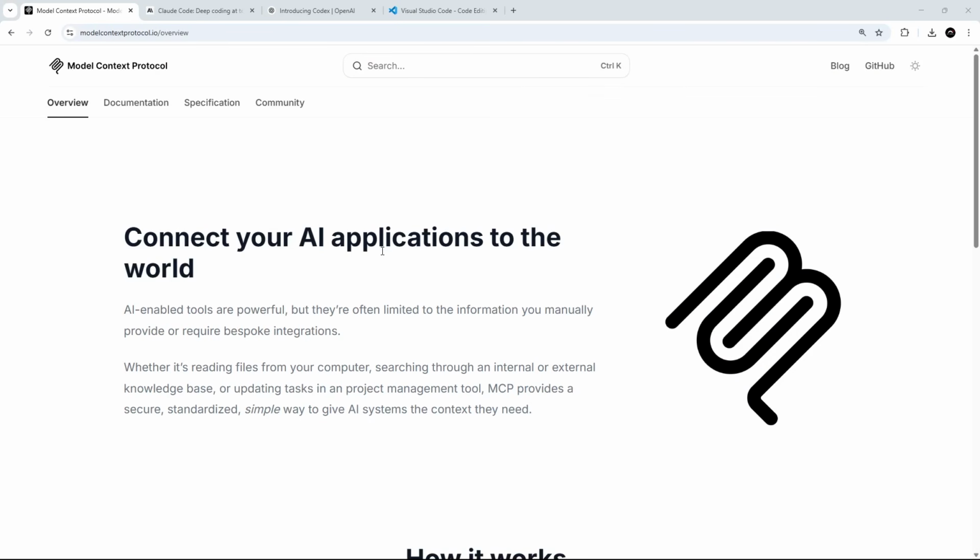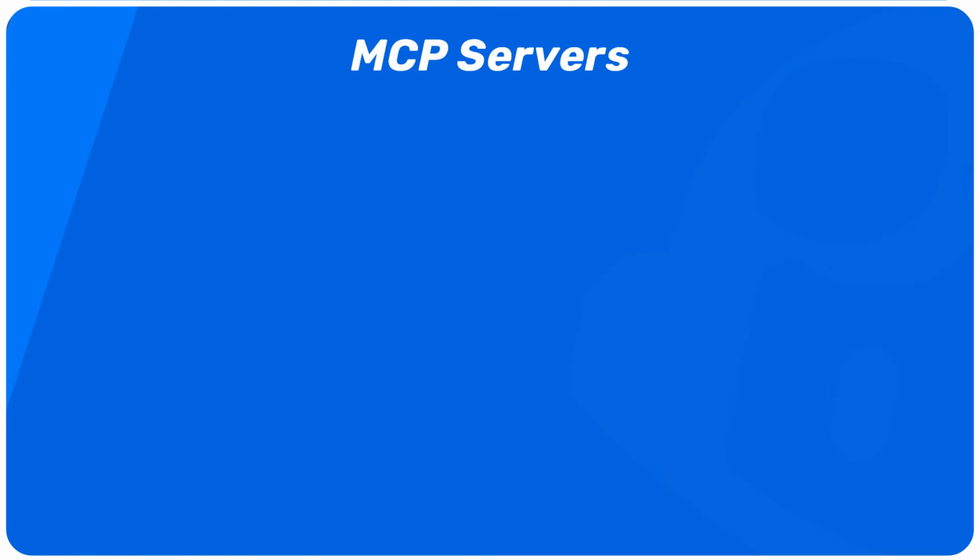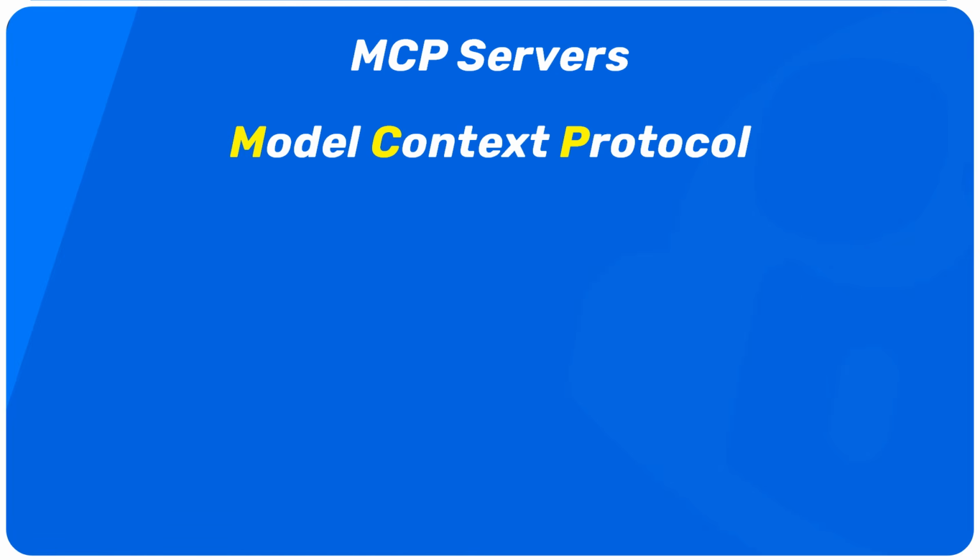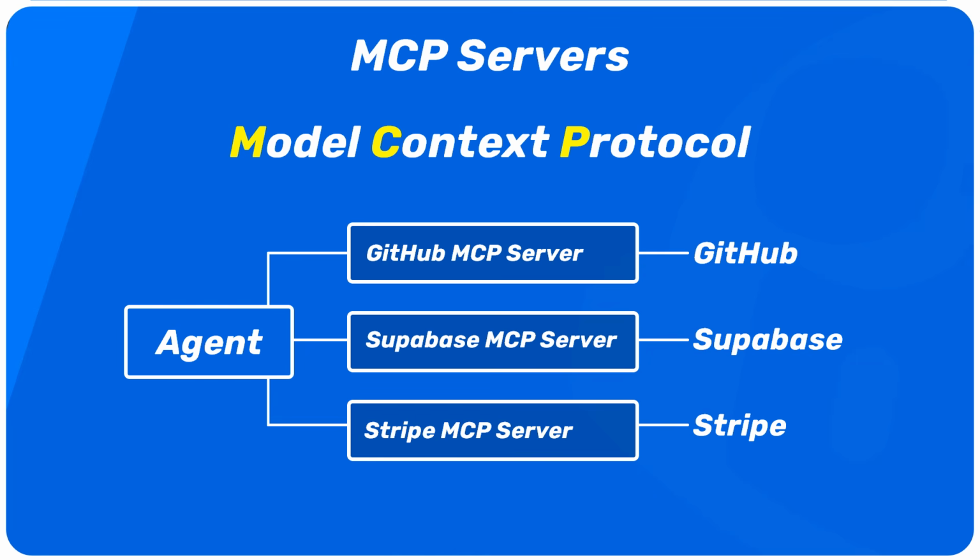All right, so now we're pretty comfortable working with Copilot in VS Code. I want to show you something that unlocks a whole new level of power, and that is MCP servers, where MCP stands for Model Context Protocol. Now, if you've never heard of MCP before, it basically defines a way for AI agents to easily communicate with